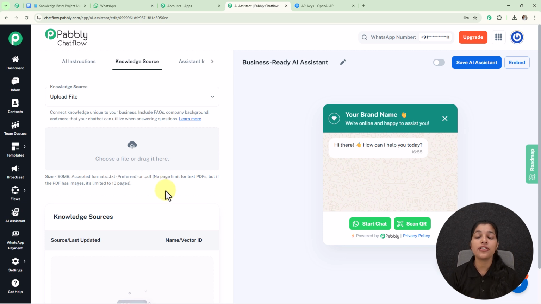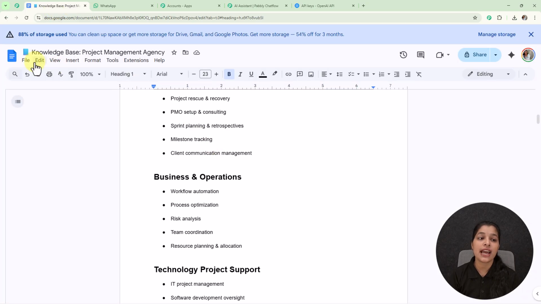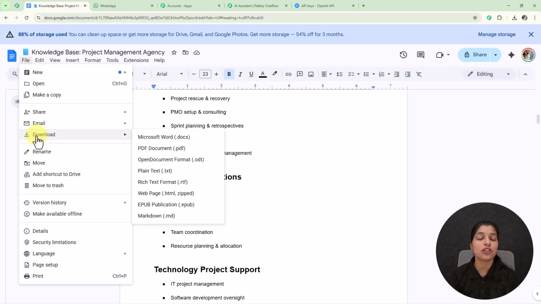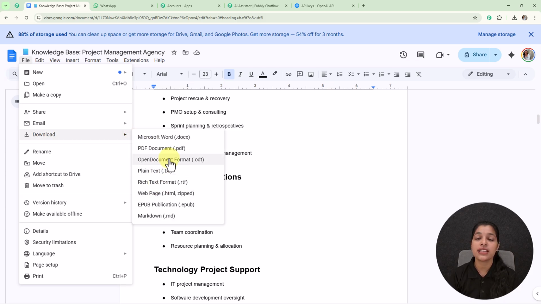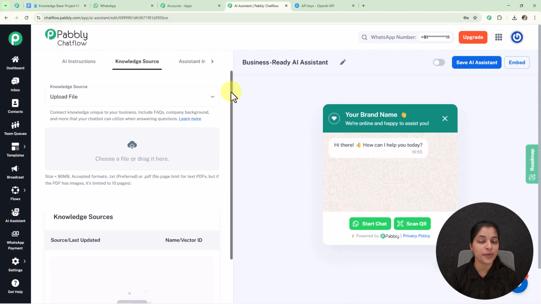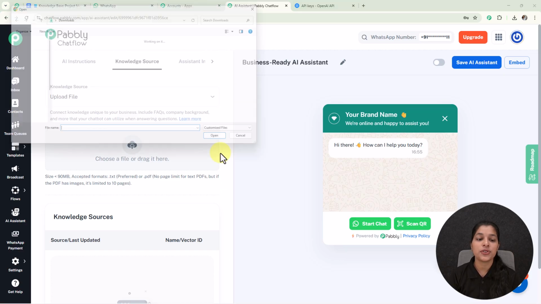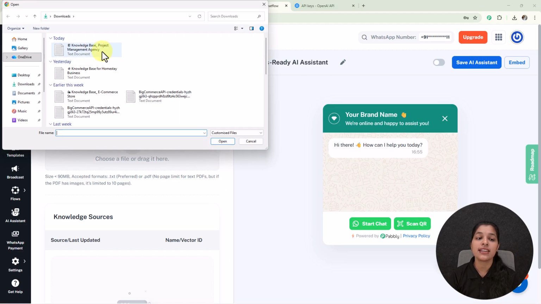And for downloading your file in either of these formats, you just have to go to the knowledge base which you have created, and here on the file menu you will be getting this option for downloads, and on the download you are getting many formats in which you can download your file. So I have already downloaded my knowledge base in .txt file format, which I am going to provide to my AI assistant. So I am going to just upload it, and here you can see I have landed in my